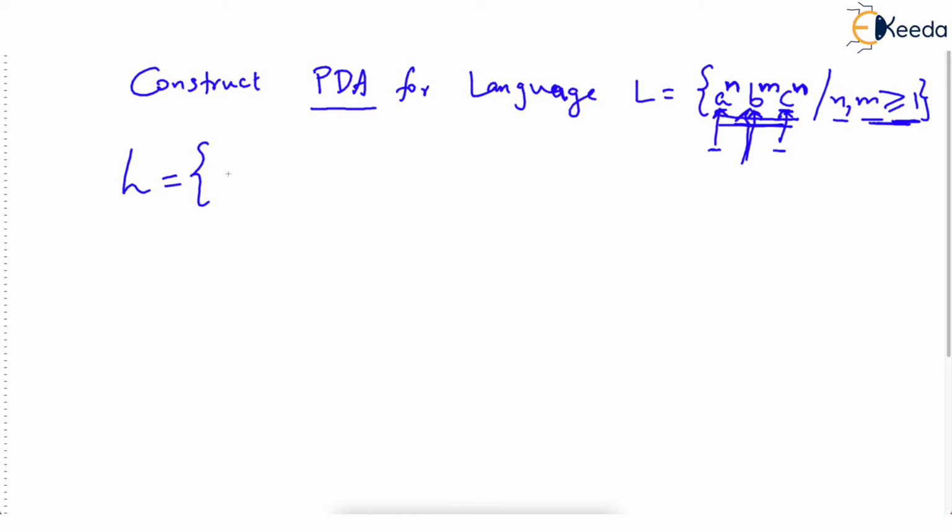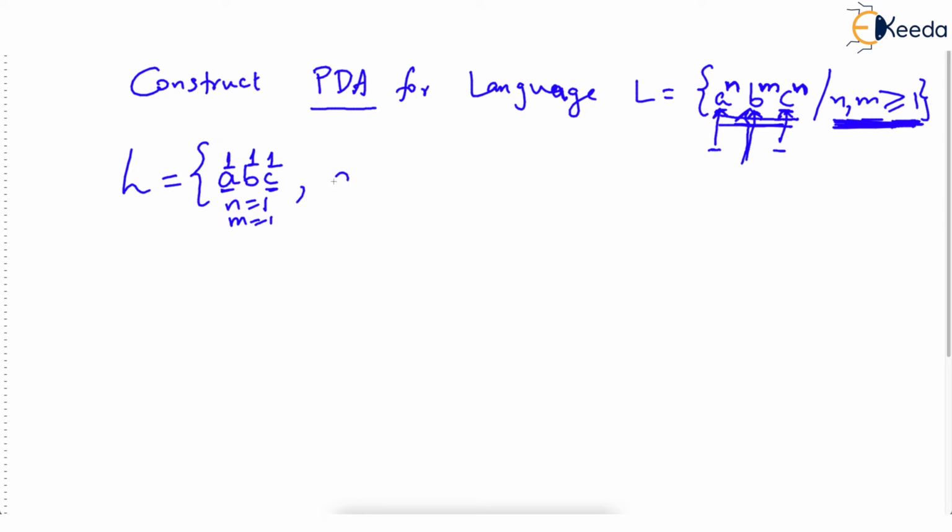So the smallest string will be ABC. Are you understanding? Just check, n and m have to be at least 1. So we might have a^1 and c^1. Check that n is 1 here, a^n, c^n, and m is also 1. That's valid because we have not been given whether m should or should not be equal to n. There can be any number of occurrences of B.